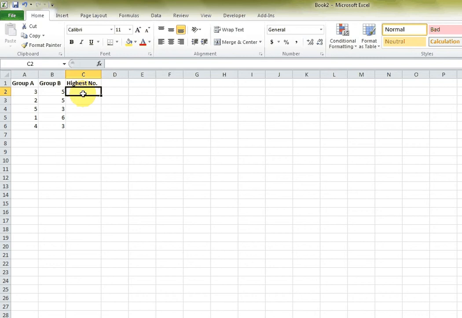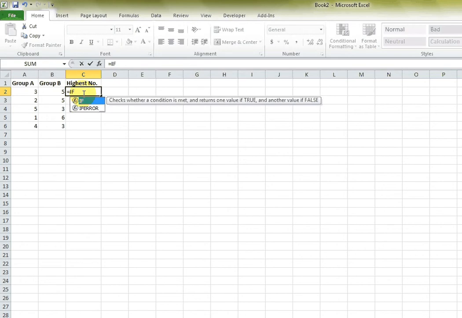I'm going to type in equal, because we know anytime I'm entering a formula or a function, I press the equal sign. If, open parentheses, and it says the format it needs to be in right here. The logical test. This is the equivalent of what we've learned before. What is the condition? So the condition is if Group A is less than or greater than Group B. So in my case, because I said highest number, I'm going to say greater than. So if cell A2 is greater than